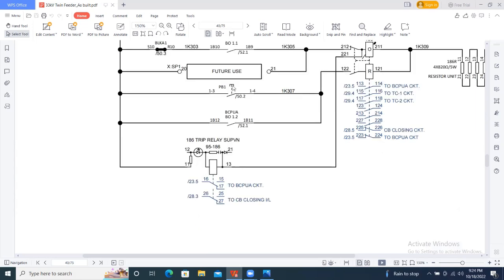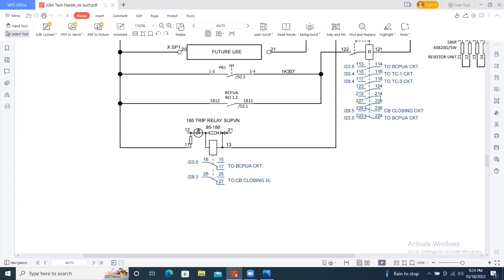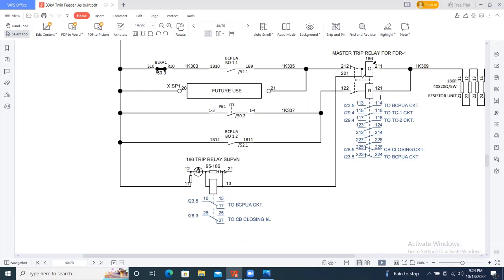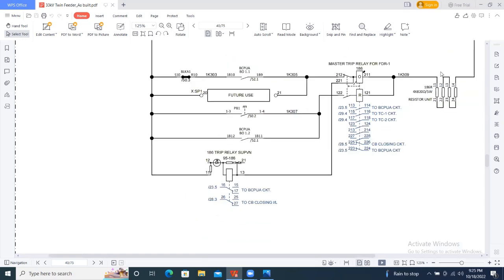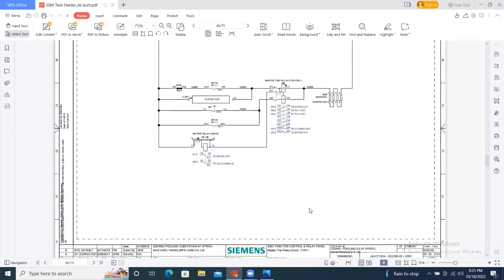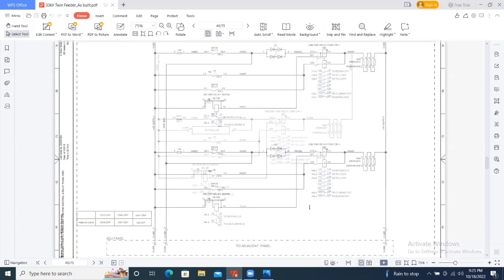You can reset from the push button directly inside the relay, or you can reset from the BCU. And this master trip relay also has to be continuously monitored, right? So that is continuous supervision, trip circuit supervision for the master trip relay. 186. This is the master trip relay. After that,